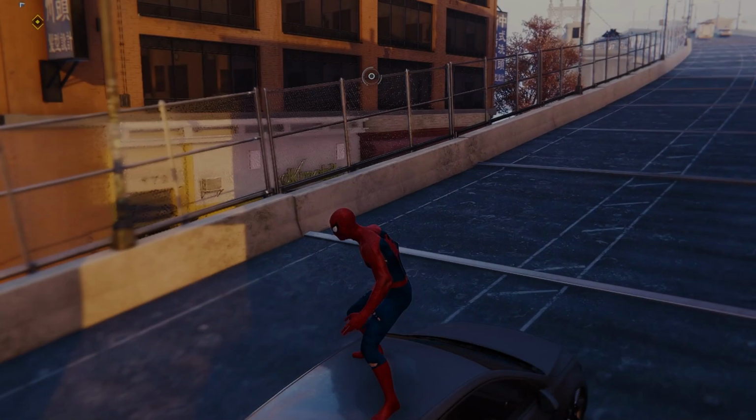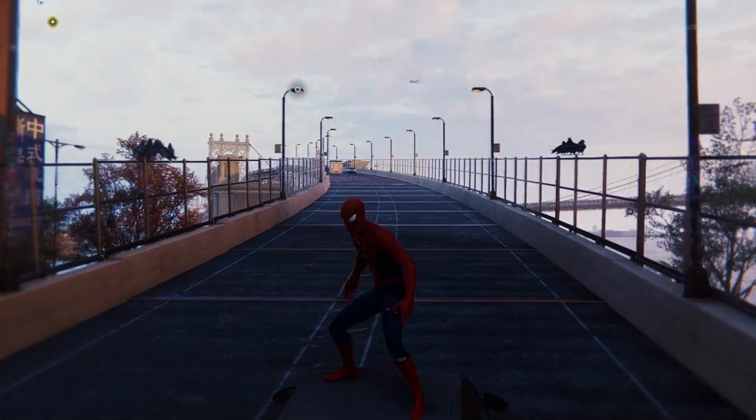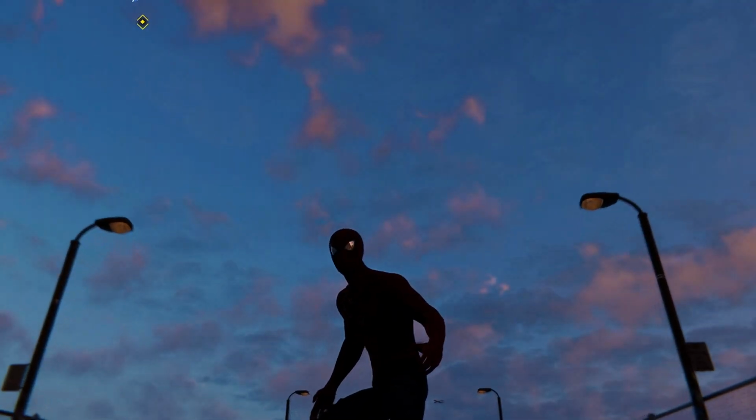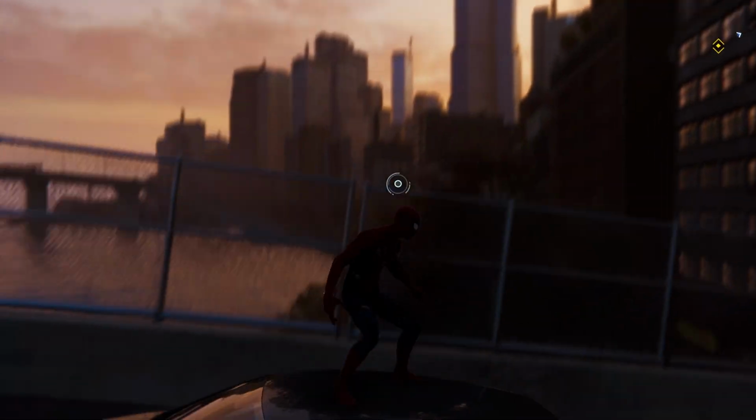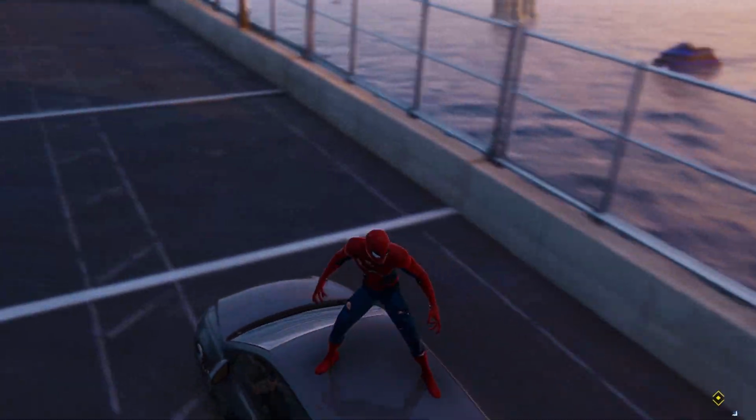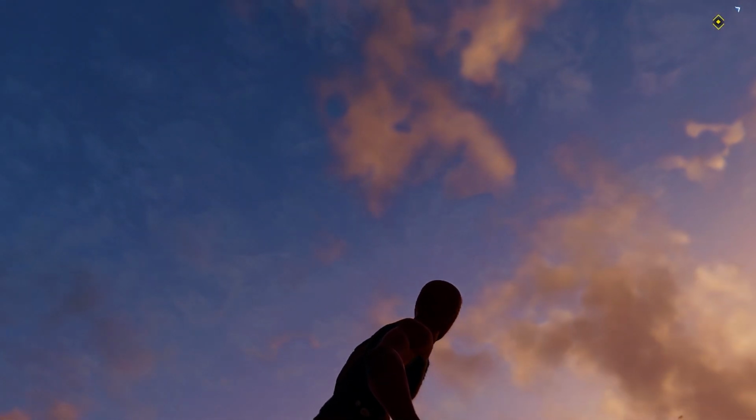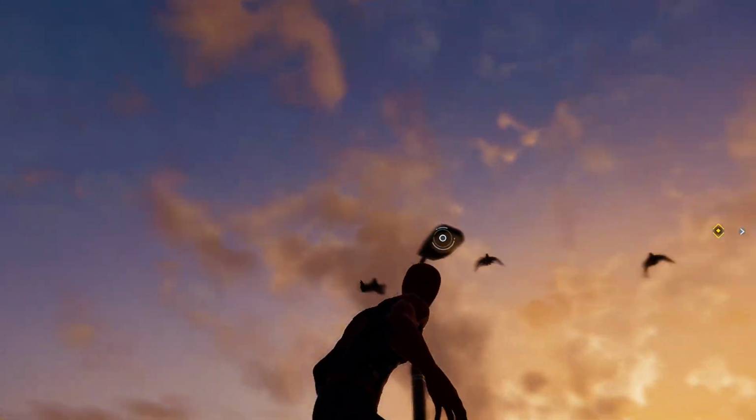Auto exposure, or the eye adaptation effect. This effect is used to increase or to reduce the exposure on the camera lens to simulate how our eyes behave when they are exposed to light. Therefore, the camera is seeing the scene darker or brighter depending on where and how the camera is placed in